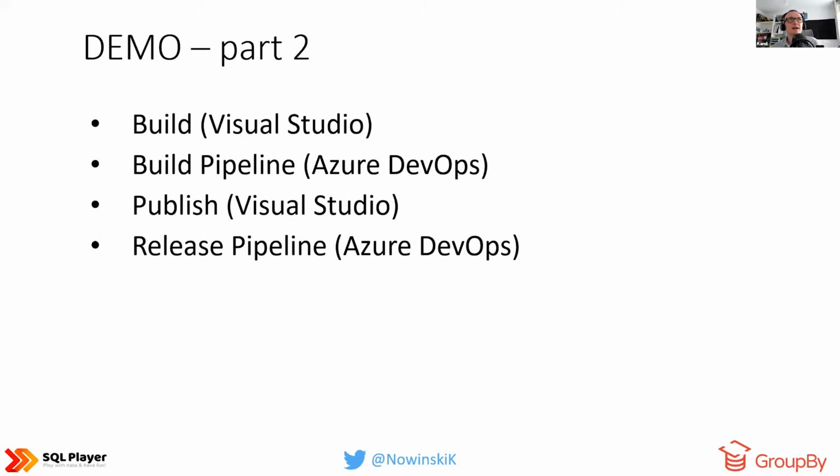I also showed you during the first part how to publish from Visual Studio. In the second part, I would like to show you how we can do exactly the same using Azure DevOps and a release pipeline. This time, for simplicity of this demonstration, I will use Azure SQL Database as my target platform, okay? So let's move back to my